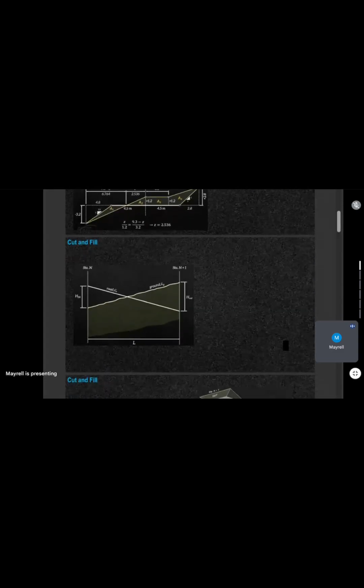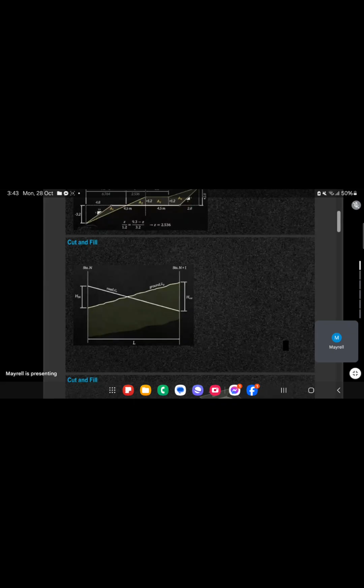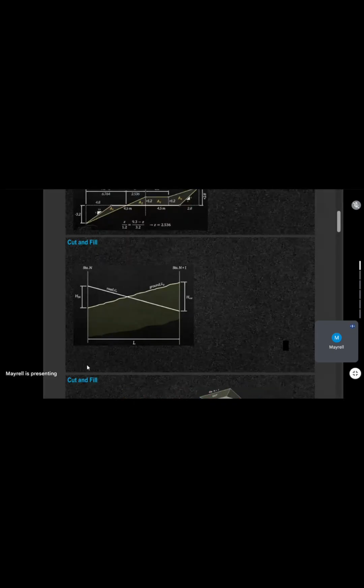Okay, so let's proceed. So, cut and fill. Okay, so if you have here from station N to station N plus 1, you have your ground profile, then